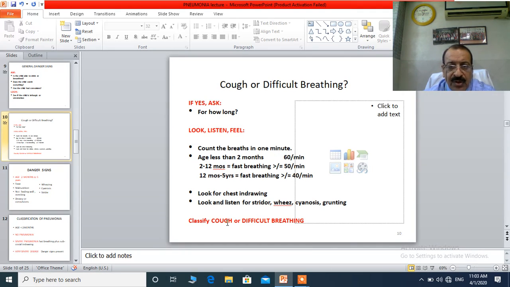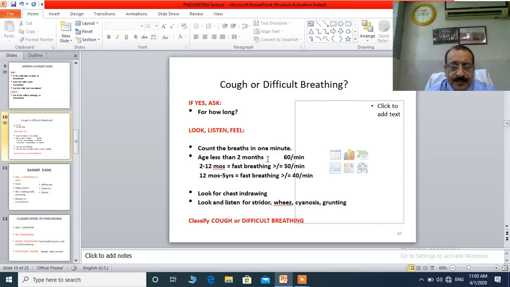So you have to emphasize, concentrate or focus on the respiratory rate of the child, chest indrawing, and certain danger signs in order to classify the pneumonia. So this means that you can easily classify the pneumonia, or easily assess the severity of the pneumonia, even without using a stethoscope. For that matter, you must know the upper limit of respiratory rate